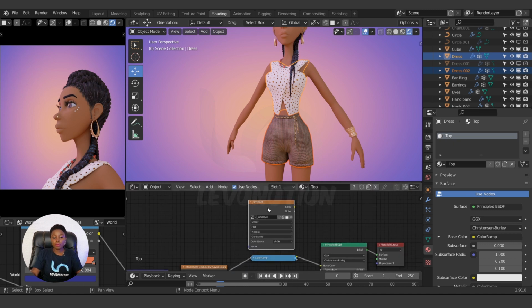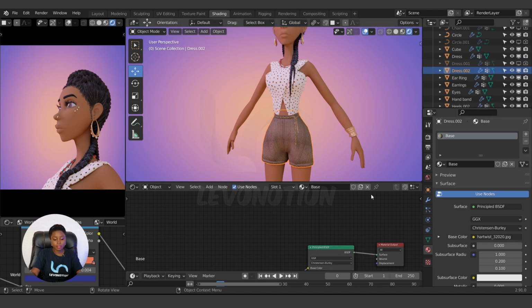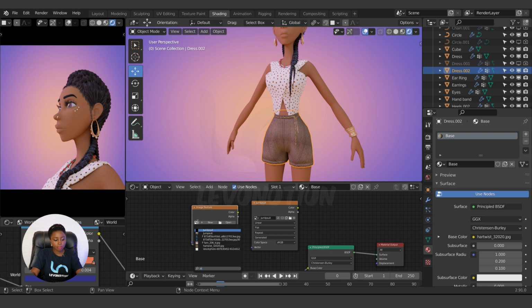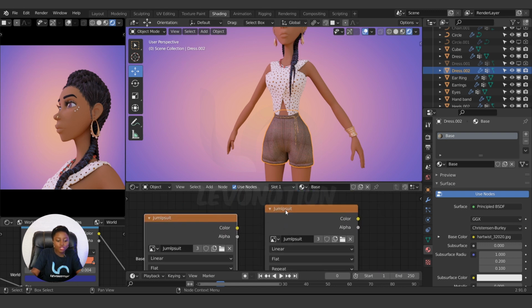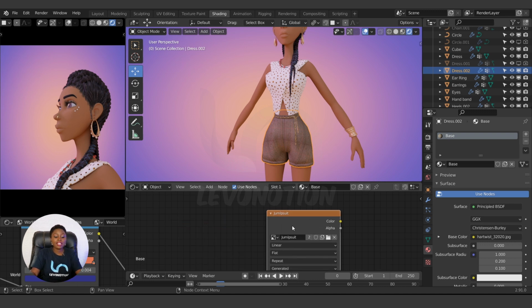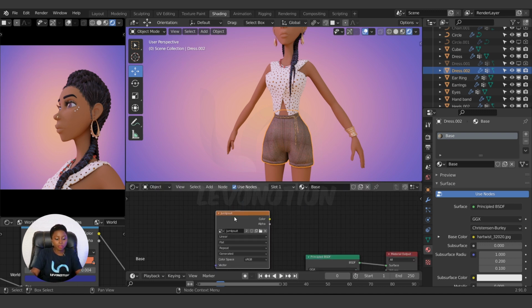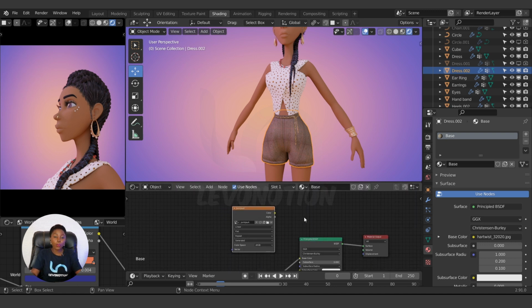To bake, we need to copy that texture to as many material slots as you have. Let's say you have 5 material slots that you want to bake into one texture. So just copy it. So this is from the top. Select the trouser, the base, then paste that same material, or you create a new material, Shift A, image texture, then you select it from here, jumpsuits. So select the same texture. When the same texture is selected, now you are ready to bake.